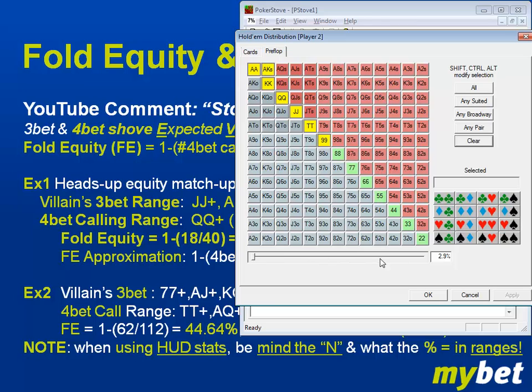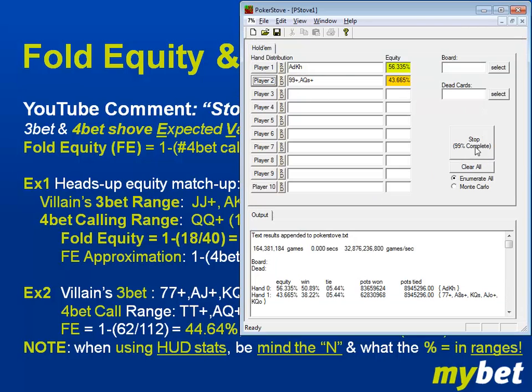You can, of course, clear that, scroll it over, and then make your changes as you like. Right, so that's how you can play with this a bit, guys. Get different ranges. Then you come over here to basically evaluate, and you see that ace king offsuit versus 9s or better, ace queen suited only has more or less 42% to the river if both of you guys push